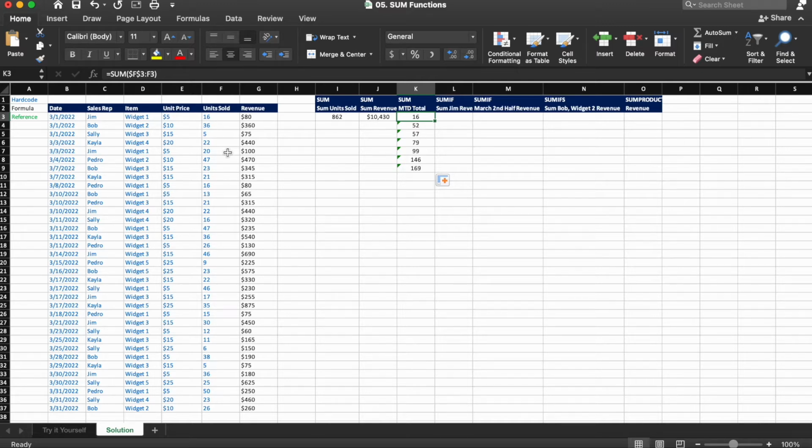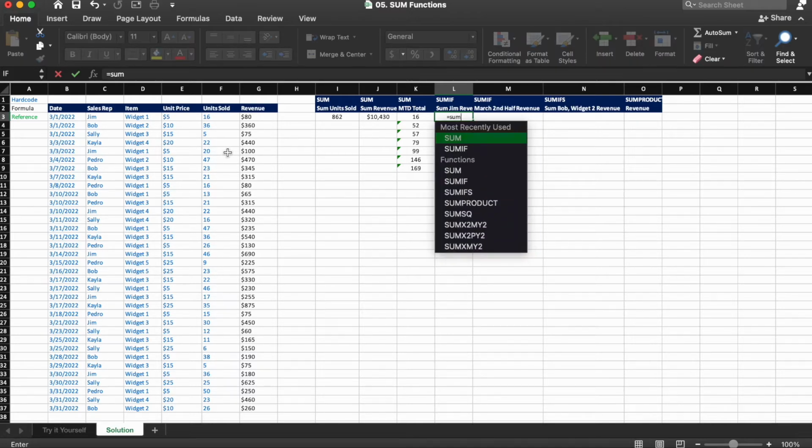Now, as a best practice, we don't like to use the SUMIF function. We like to use SUMIFs instead, but we're going to teach it to you anyway because that is our job. So let's try SUMIF in cell L3. So we're going to look at the sum of Jim's revenue. So we're going to do equals